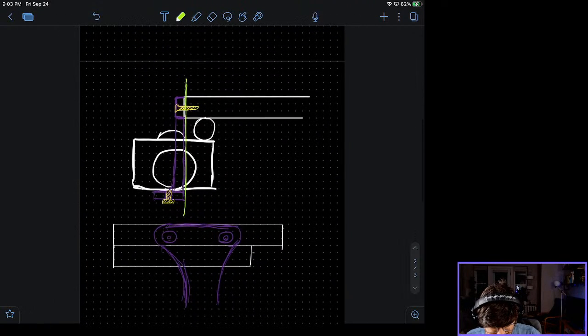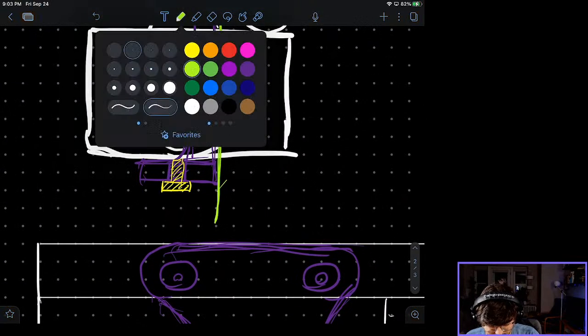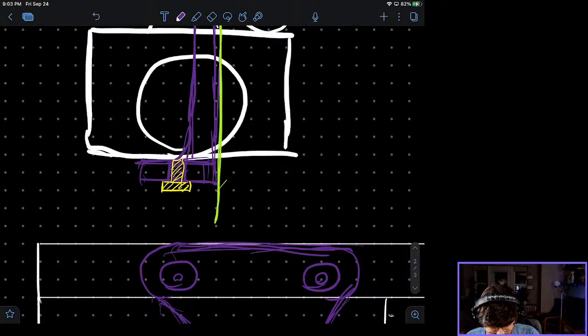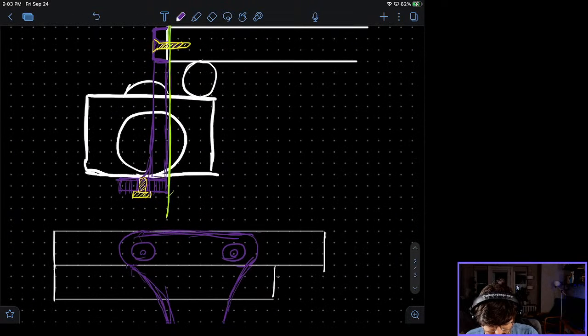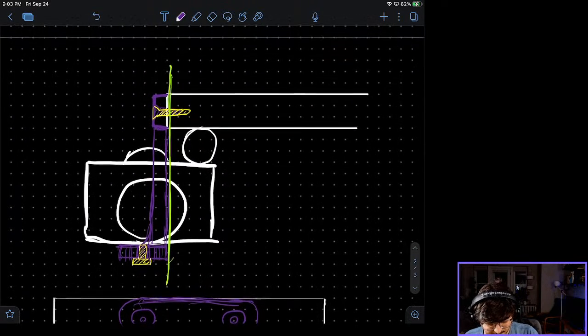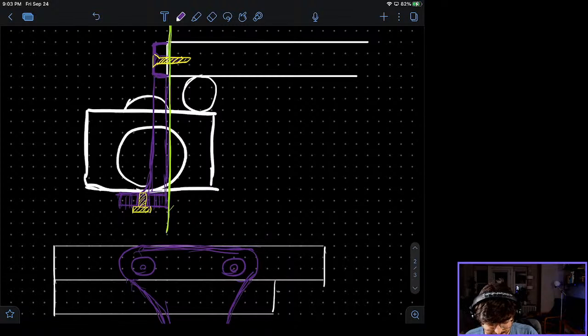So if I have it printing on this side of the object, then my layer lines are going to be like this. And that's not a crazy problem for the shear factor pulling it, since all of my layer lines are going to be vertical like that. So that's not a problem. Where I do see it being a problem is right here.